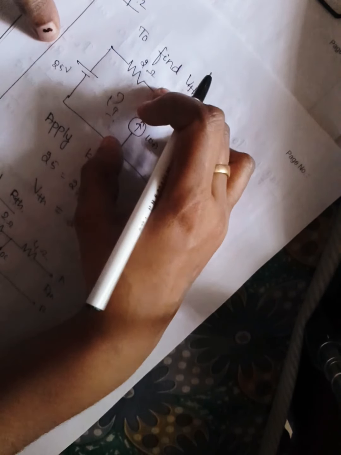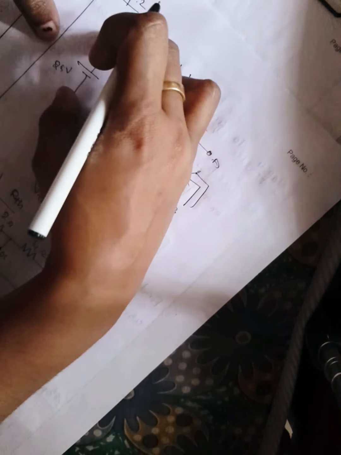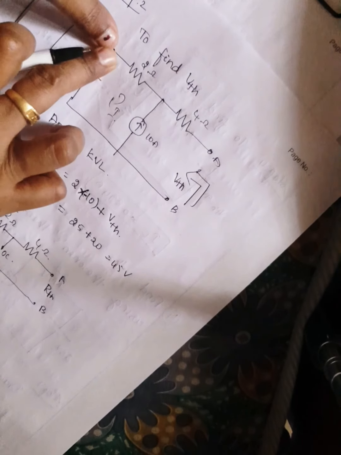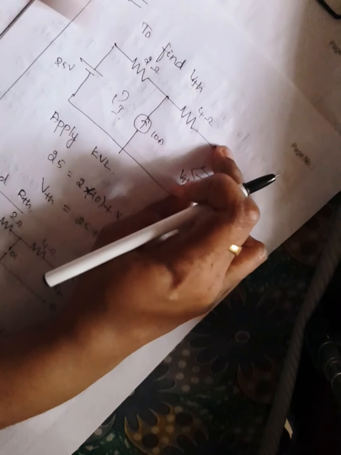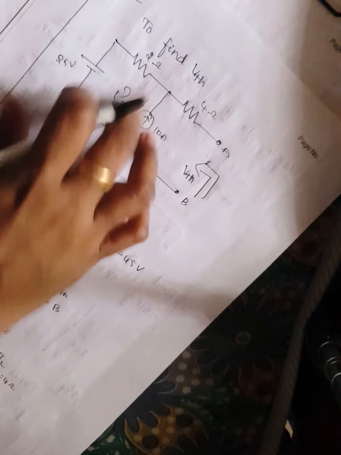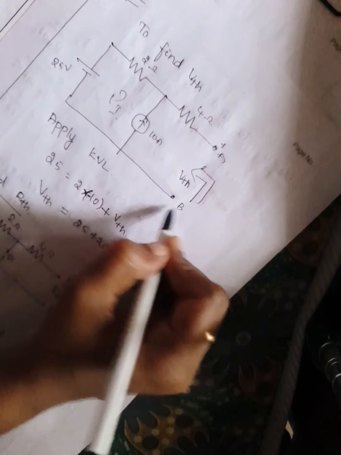So here there is a current source, and here there is a voltage source. So in the loop, the voltage present here, we find it, and this place is open circuited. So finding the voltage across this gives VThevenin, the voltage in the circuit. Okay, so in the loop, what is the current flowing here? So it is a rise. Plus minus. So it is rising, so 25, and dropping, and VThevenin is also dropping.